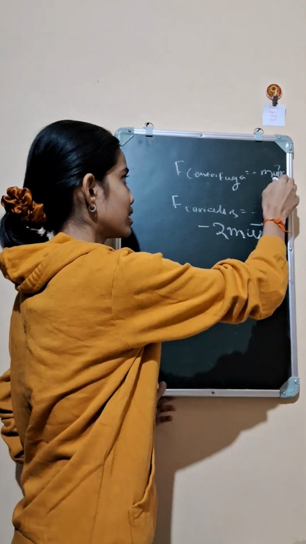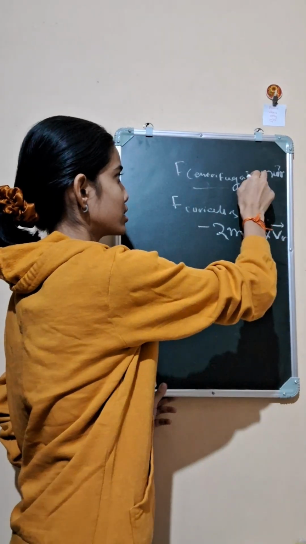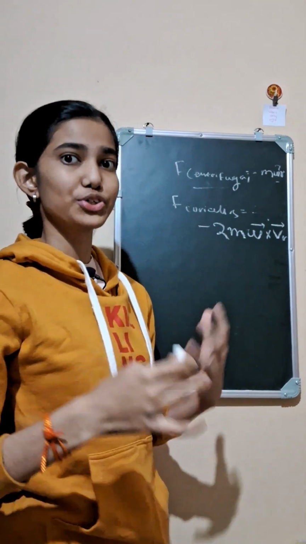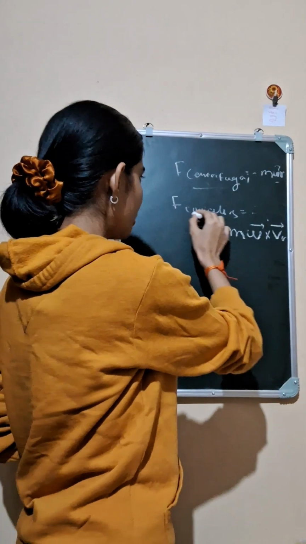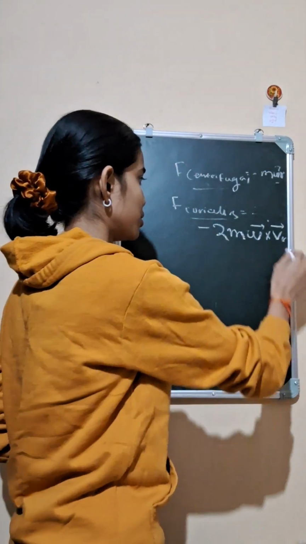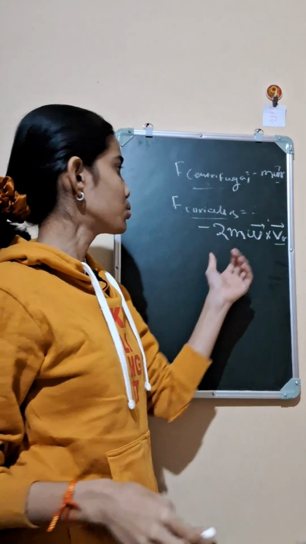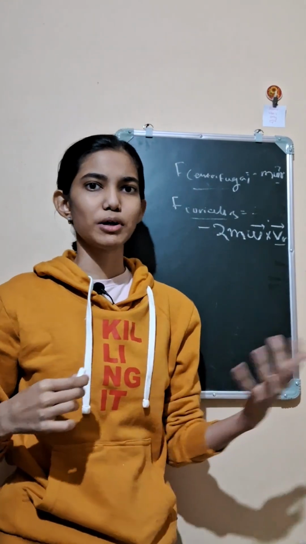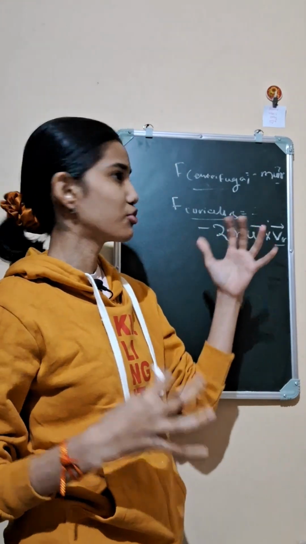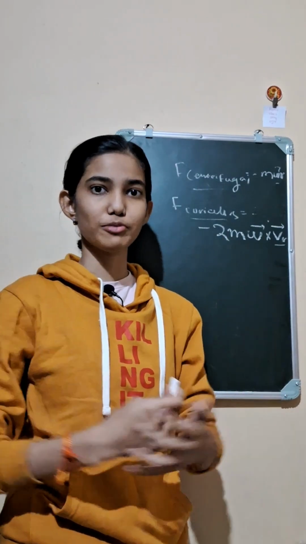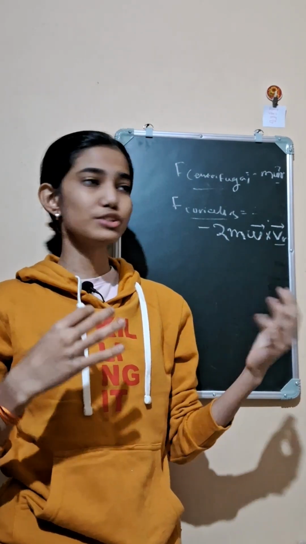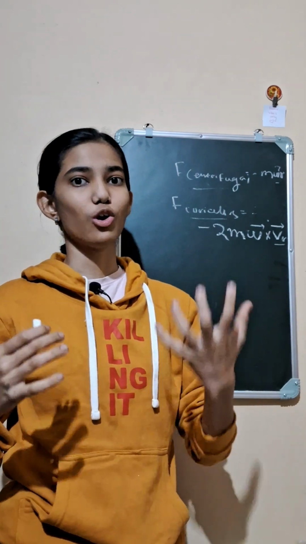Here you can see that the centrifugal force doesn't depend upon whether the particle or the object is traveling or not, but the Coriolis force is dependent upon the velocity, meaning this force will act on a moving object. So we know about pendulum. Actually from a pendulum named Foucault pendulum, it was found that the Coriolis force acts on a particle on earth